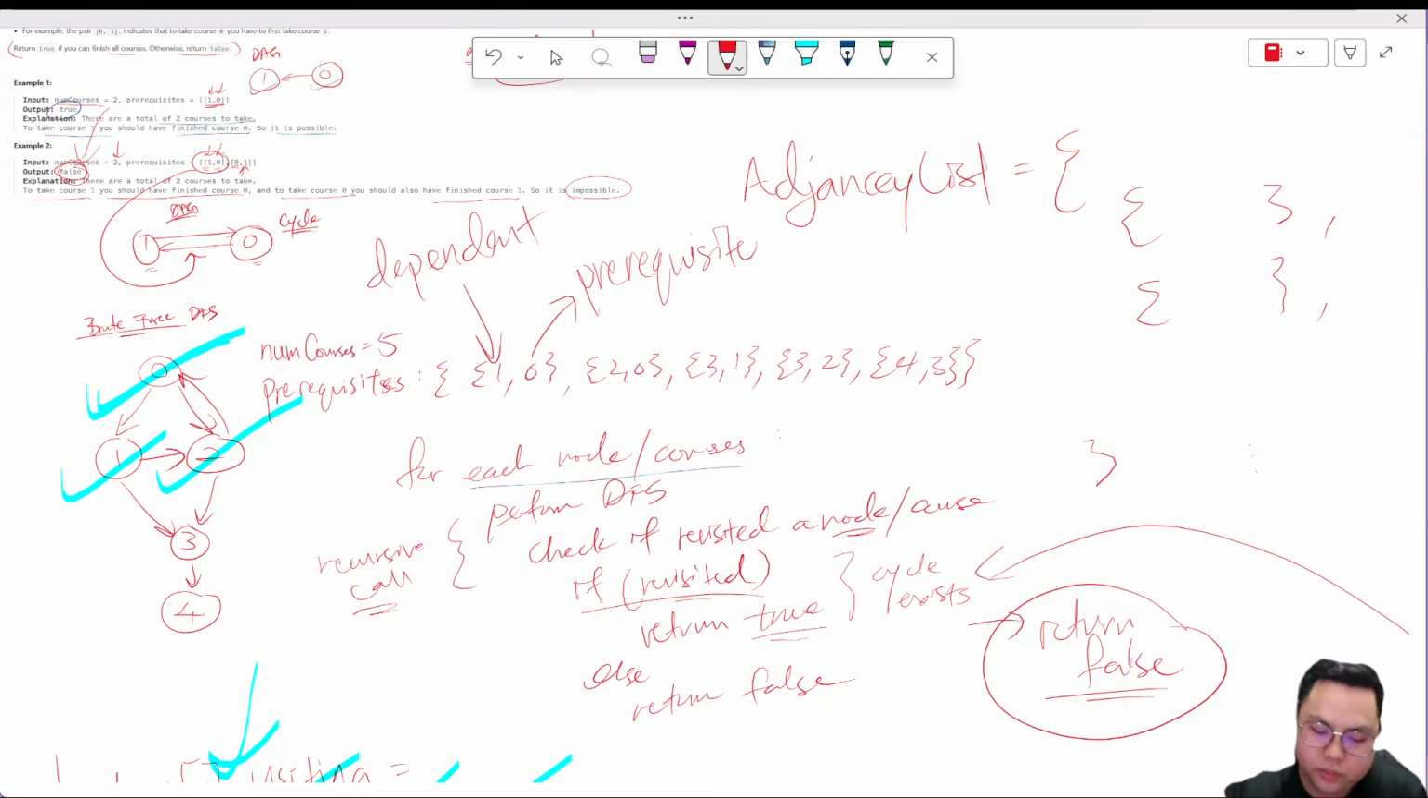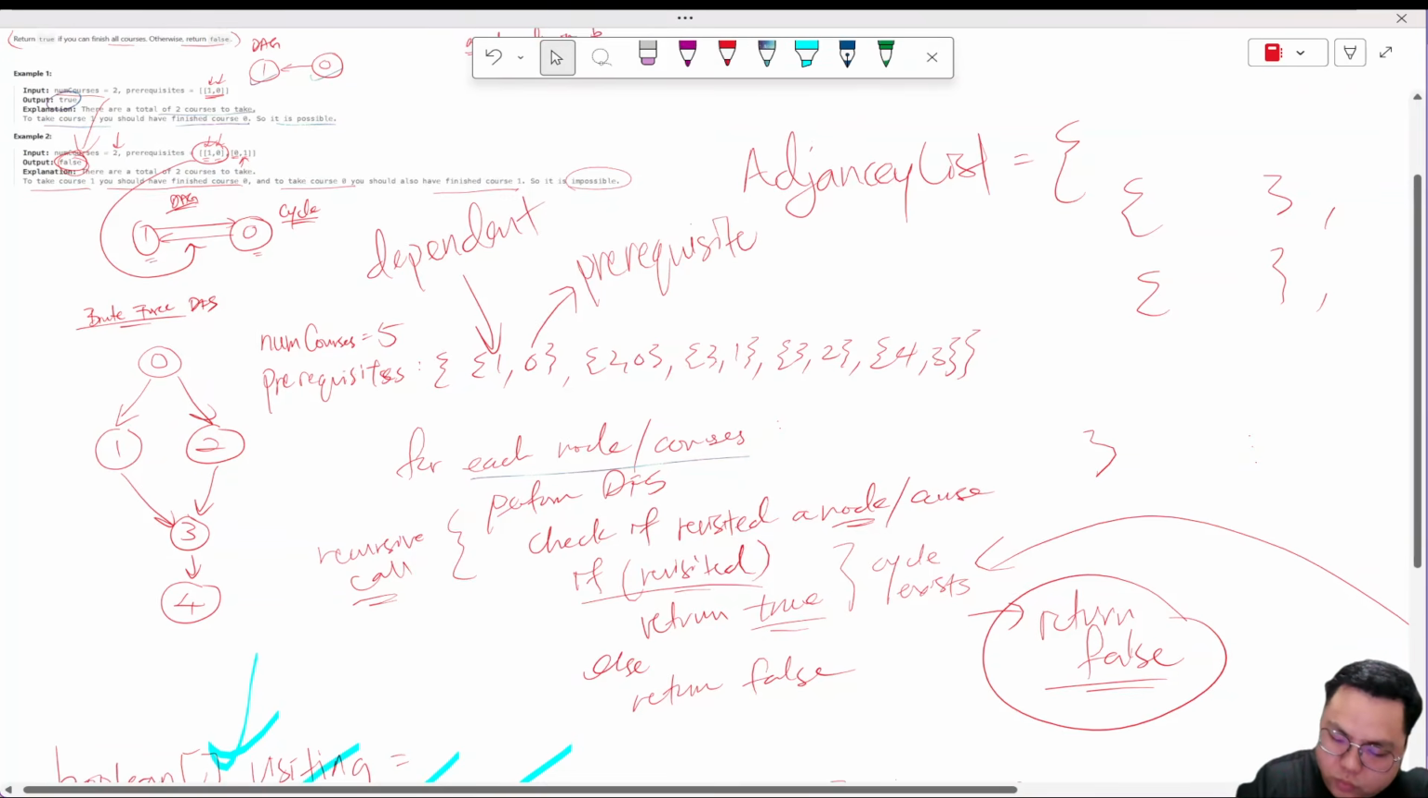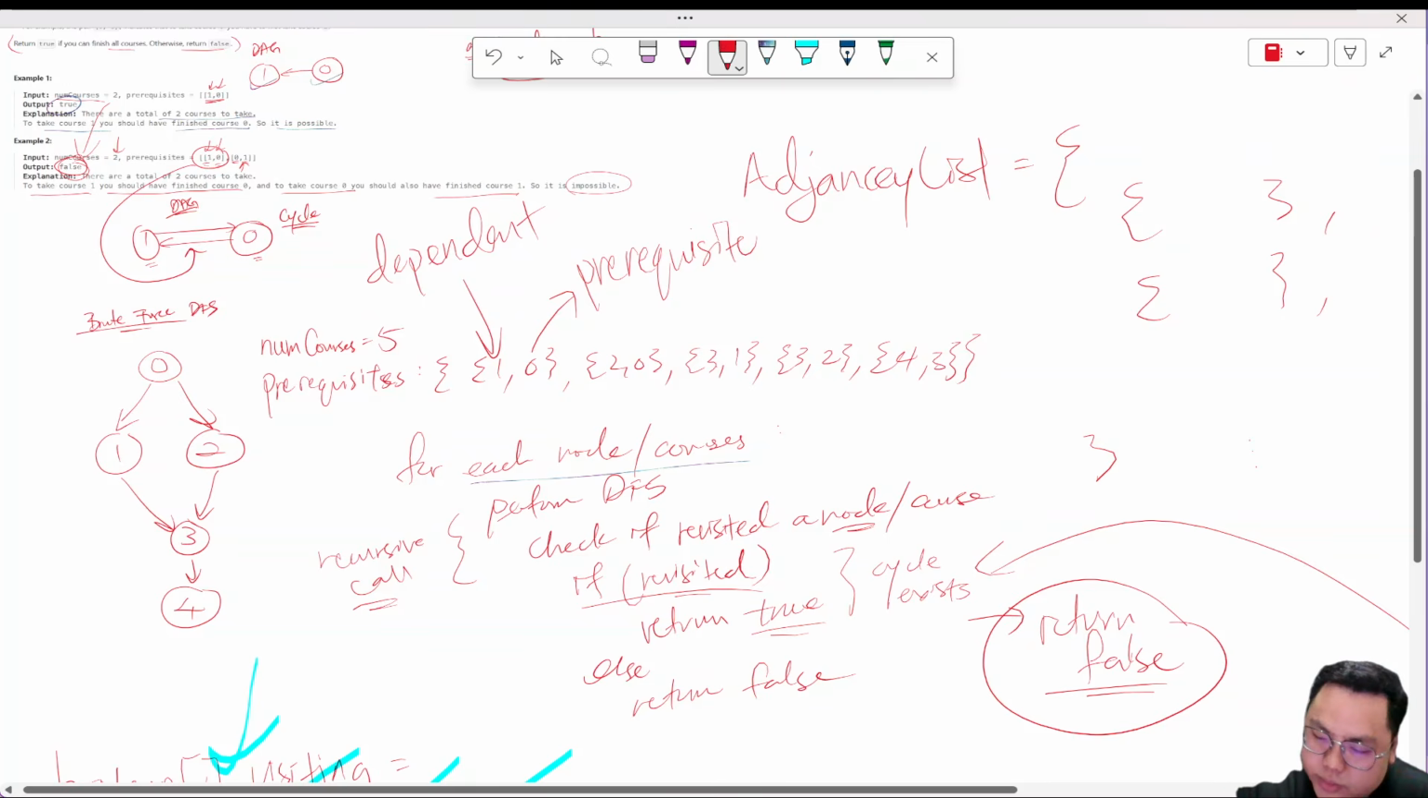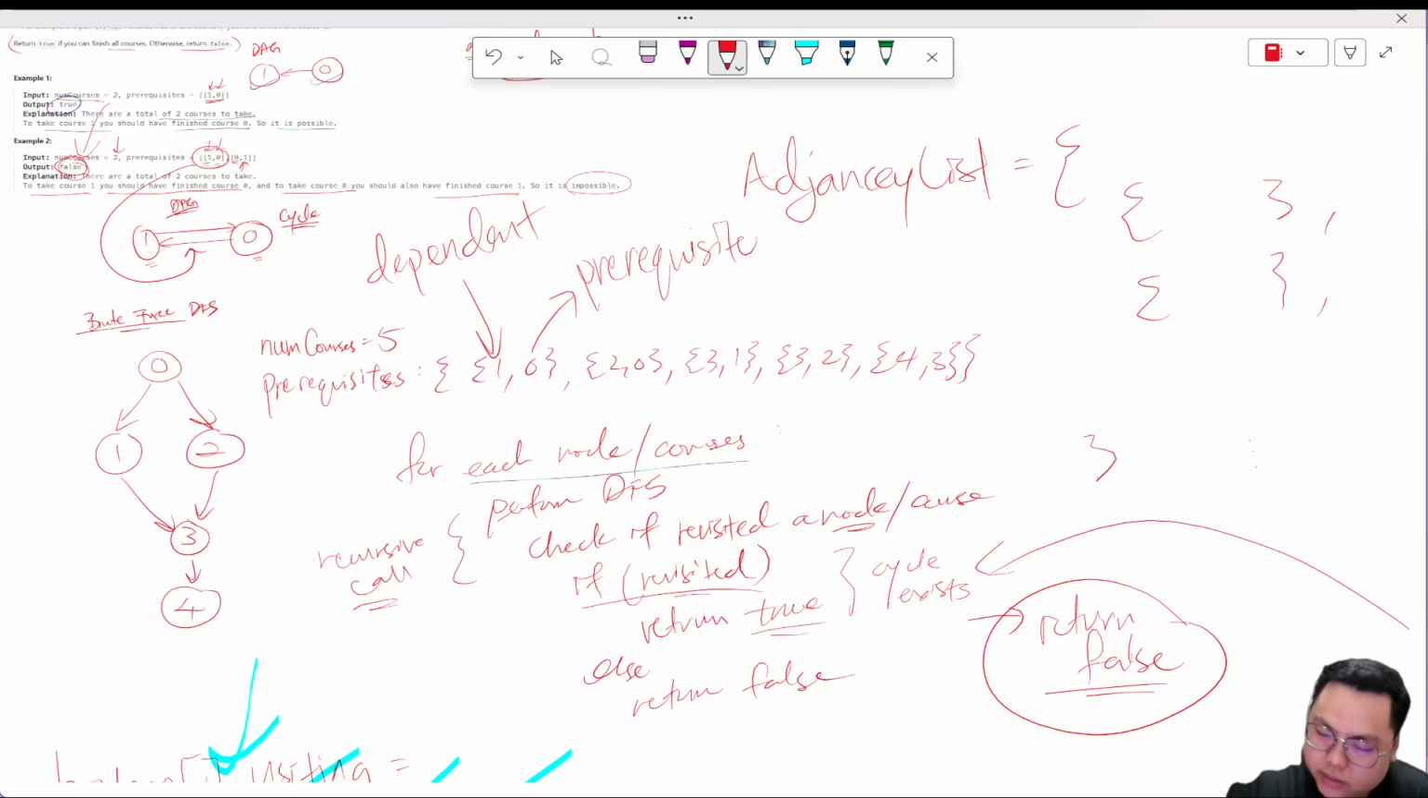So in order to build the graph here, let me just remove this. Okay. So in order to build this graph here, we have to swap the dependent and the prerequisites and build the adjacency list. So it will look something like this. So this is index 0. So index 0 will be cost 0, and index 1 will be cost 1, and then 2 will be